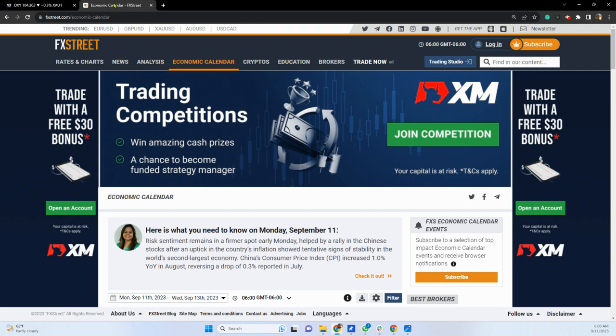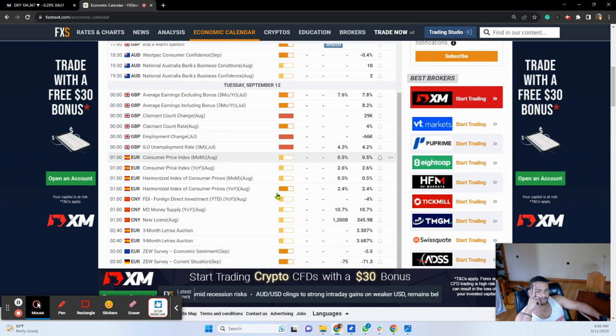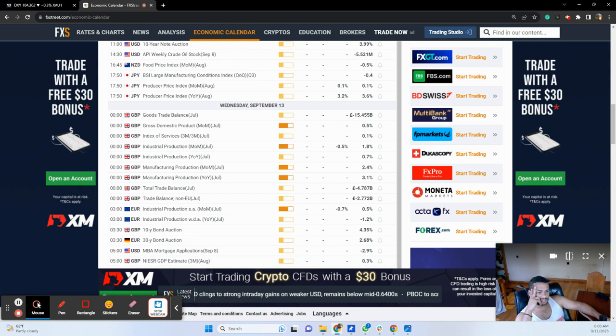For the week ahead, we'll have Wednesday CPI from the US. So this all can be found on the FX Street calendar. I'm just going through a list that I've made for the week ahead. So we'll have US CPI on Wednesday,